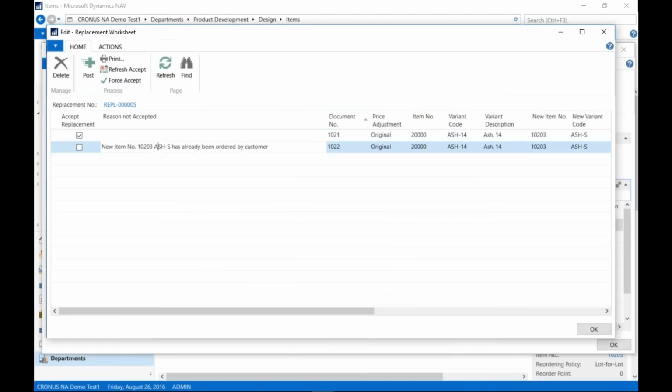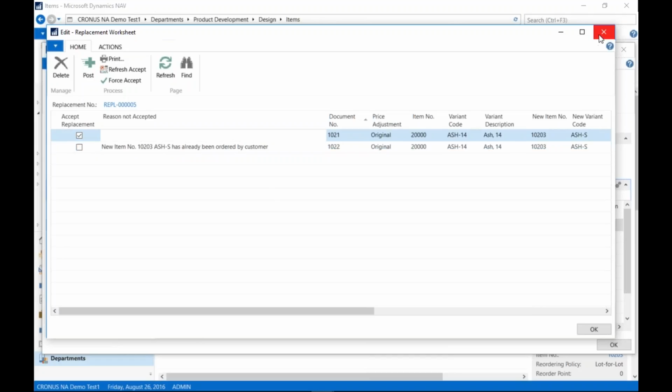But you'll notice on our second order number, 1022, it didn't automatically check this for replacement like it did on the first one. And then it's given me a message telling me that the item you're about to replace 20,000 with, this customer has already ordered. So not only is it trying to figure out what the replacements are, it's trying to use some logic to maybe suggest that my replacement is not the best thing for this customer. If they've already ordered this, trying to replace another product with more of something they've already ordered may not make sense to them. So in this particular case, I'm just going to stick with